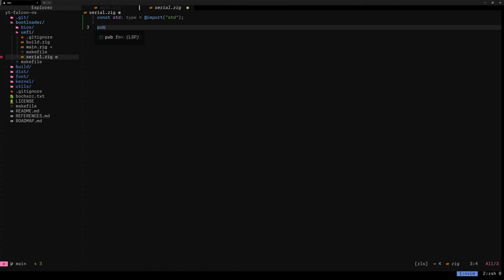So let's define a few enums. I guess that's how you do it. Let's call this one Port, and this would be an enum with a backing type of u16,